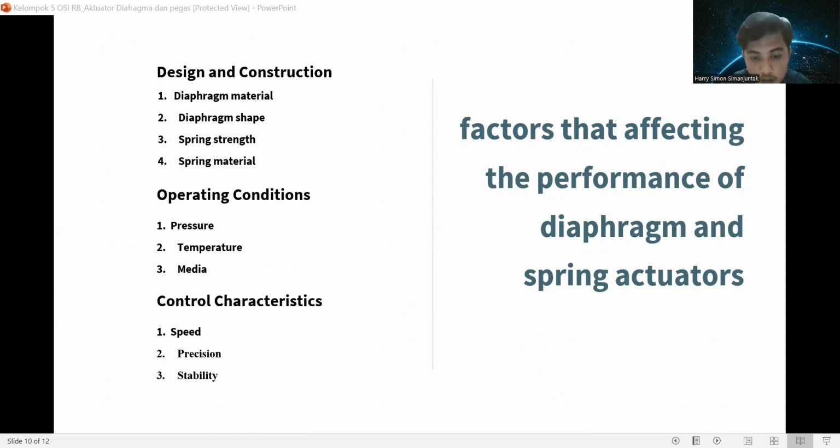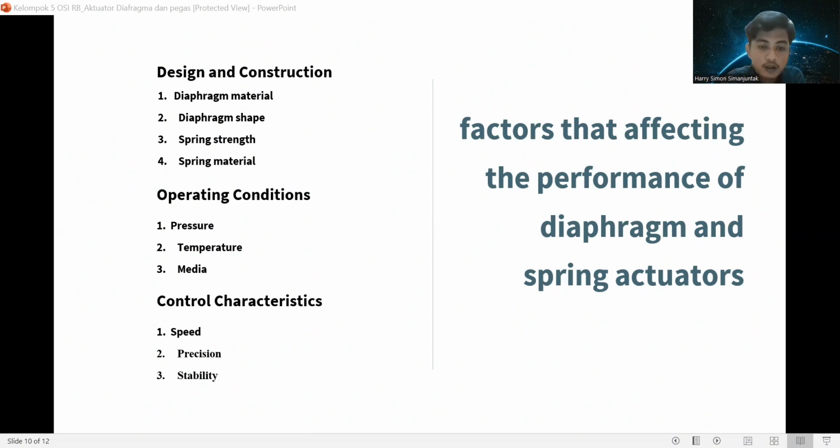Stronger springs will result in smaller, more precise displacement. Spring material. The spring material will affect its elastic properties, such as resistance to permanent deformation and temperature change.